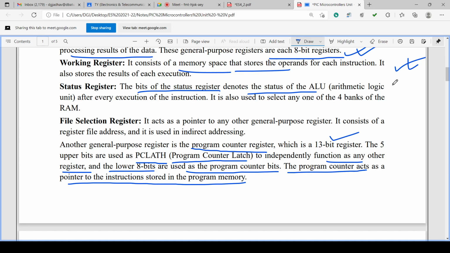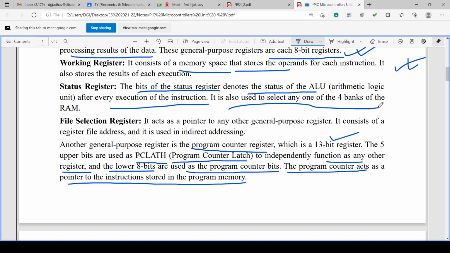Whether the parity bit, equal parity, odd parity is there, negative result, or auxiliary carry, isn't it? So these statuses can be observed in the status register. ALU status is stored in the status register after every execution of the instruction.